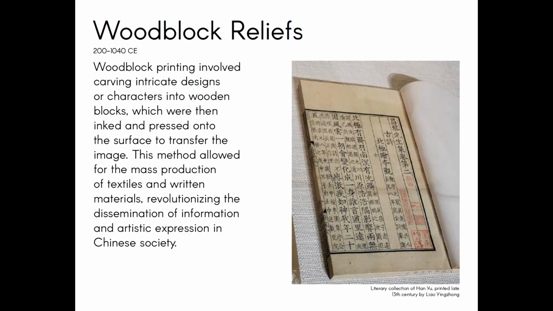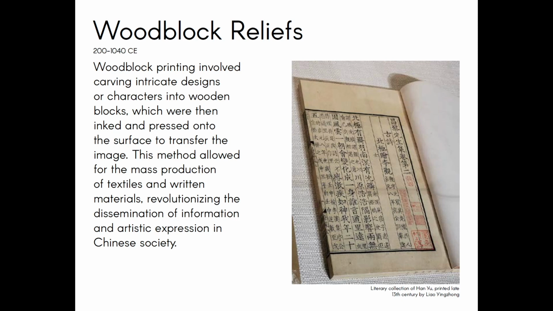And then we evolved this concept. And of course, the cuneiform tablets were a little bit heavy, and we also had that go up through Egyptian era. And so how do you lighten your writing style? So we have over in China these woodblock reliefs. And what's nice with this is these designs or characters are written into wooden blocks. The ink is put on it. The paper is pressed onto it. And then you're going to be able to have a lighter form of, I'm going to just call it bookkeeping